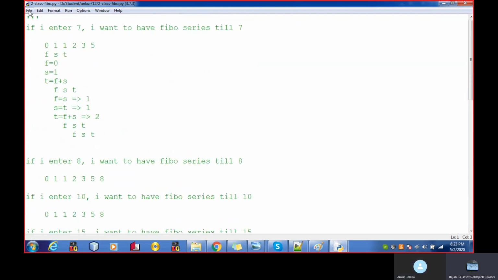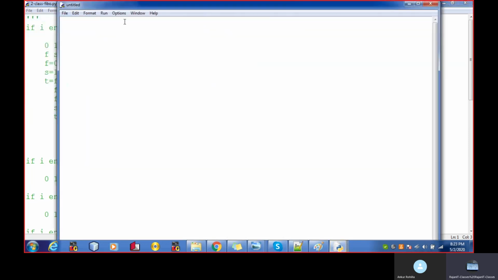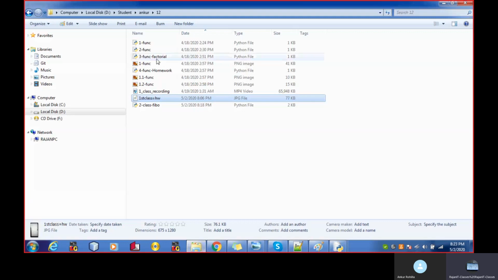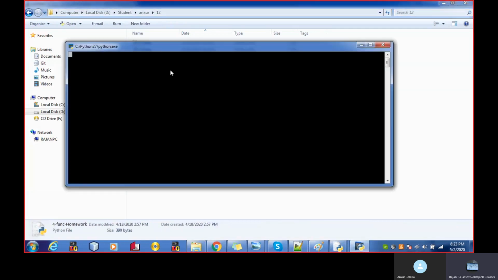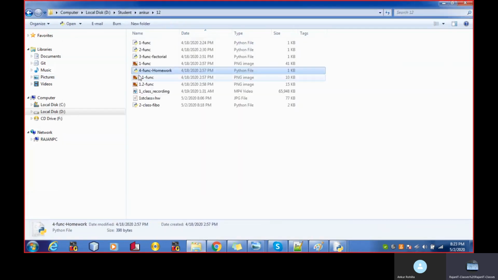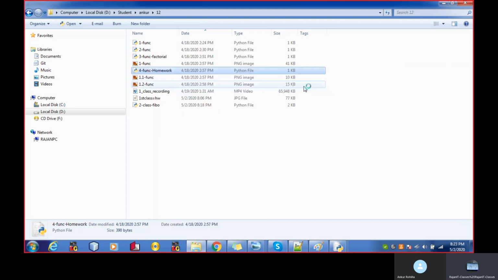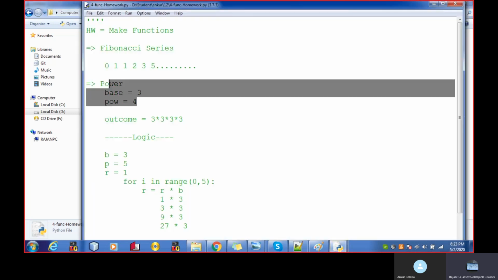Let's move to the next problem statement. So let me save this part. Fourth homework. So okay, this part, right?